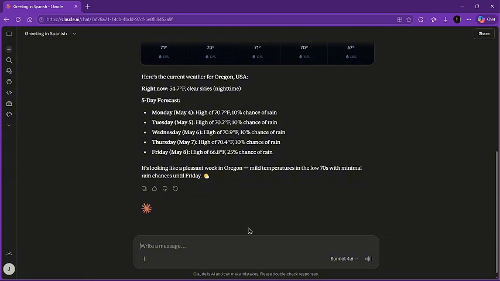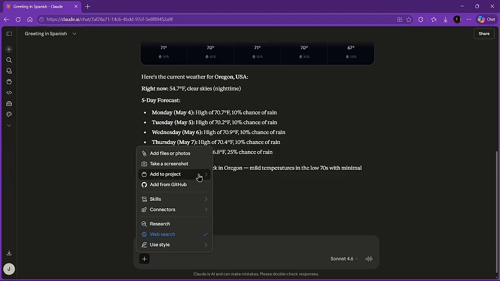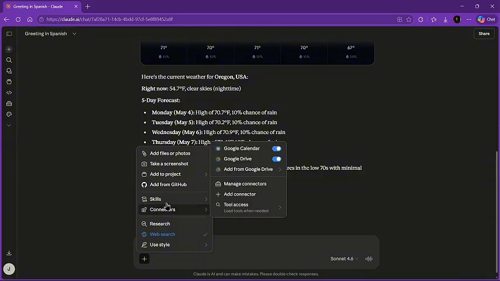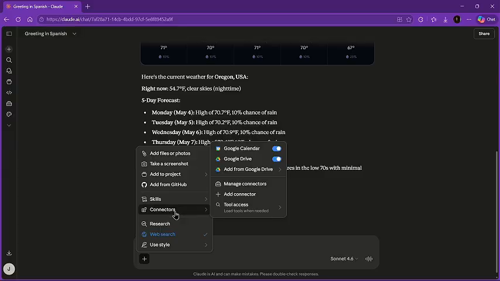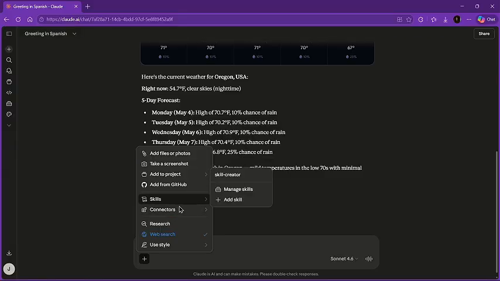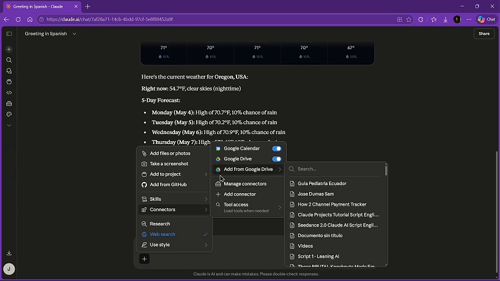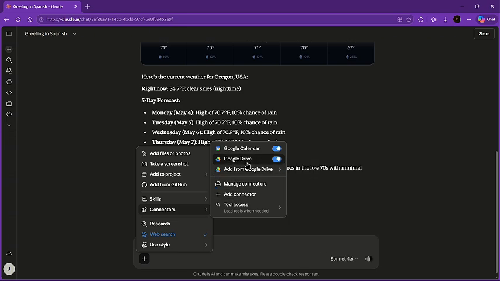Advanced tools and connectors. By clicking the plus icon, you unlock several advanced capabilities, like the files and media. You can upload documents, photos, or even take live screenshots for the AI to analyze. The GitHub integration, you can directly connect to your repositories to work on code. The project management, to organize your chats into specific projects to keep your workflow streamlined. And the third-party connectors, because Claude seamlessly integrates with tools like Google Drive, Gmail, Canva, Spotify, and Figma to help